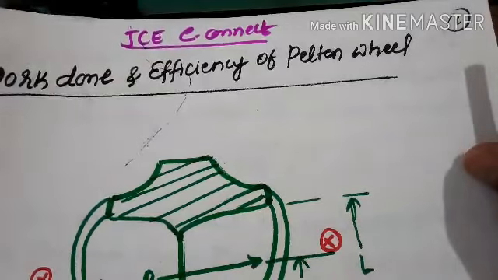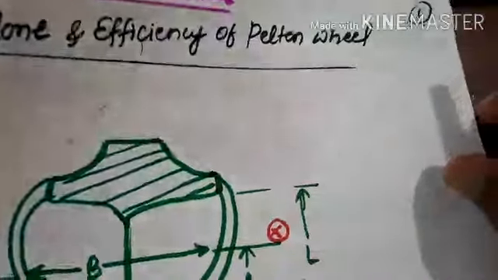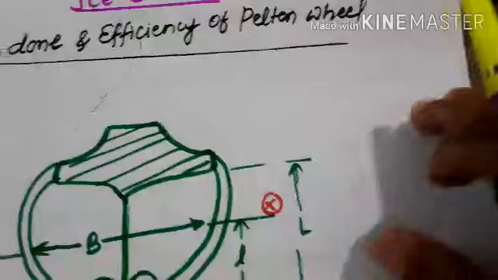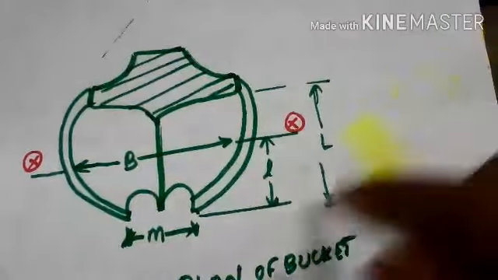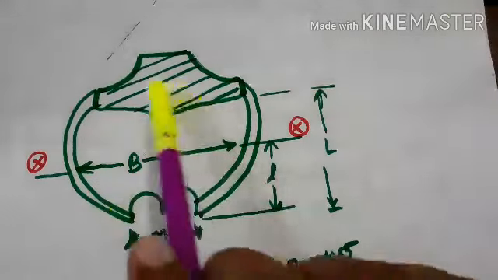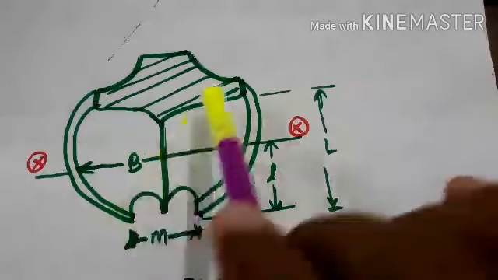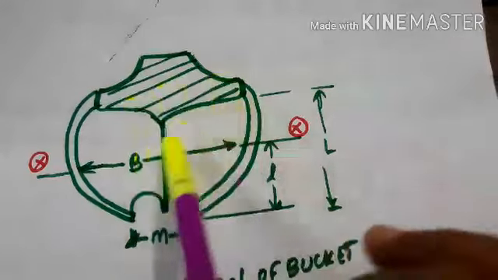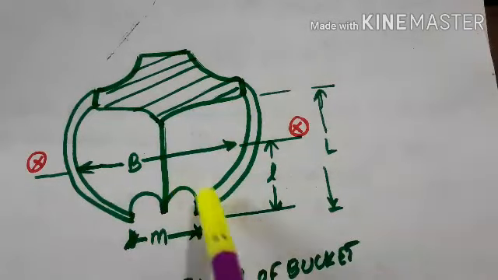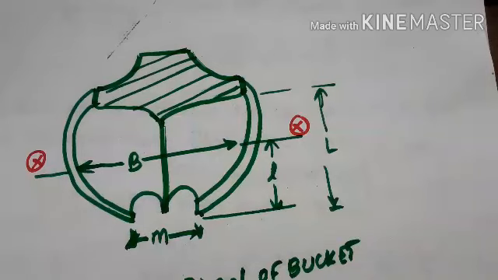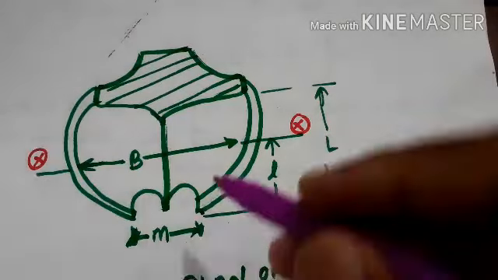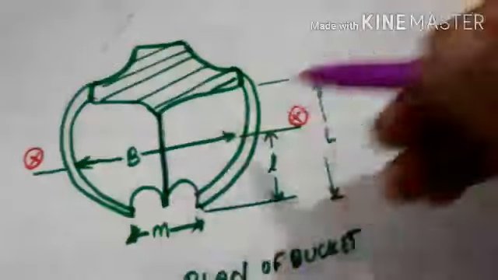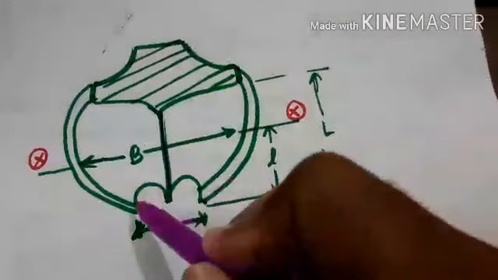bucket. Then for that, here I have drawn the plan of the bucket. This shows the plan of the bucket. So it has a hemispherical shape. So it looks like when you join two spoons together, and whatever the shape you get, so it will be like that. Then this common line, this represents the splitter of the bucket, and this one is the